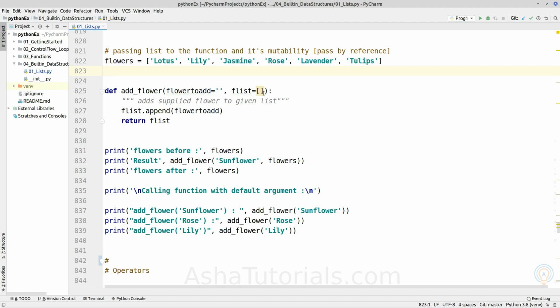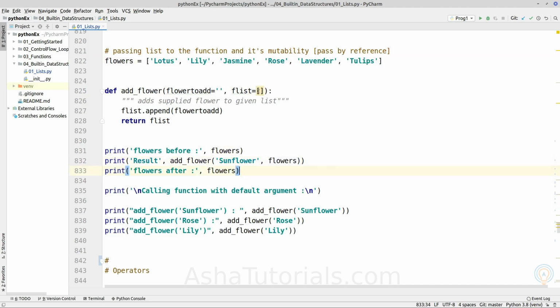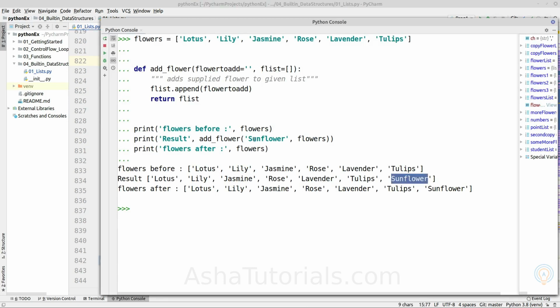For the same, if we are assigning a list constructor, it will get only evaluated once when it is assigned. So when we are calling this function with the given list, it will work fine because we are providing a different list which will be replaced by the default parameter. So it will add the given element to the list.